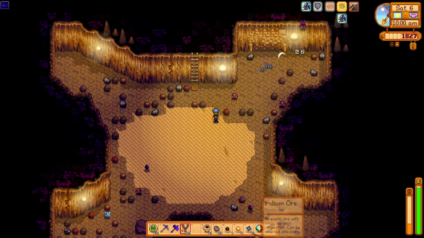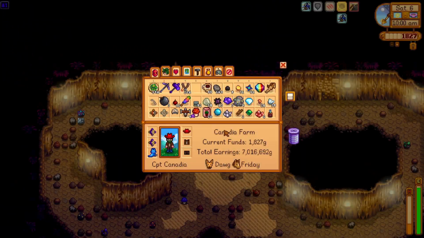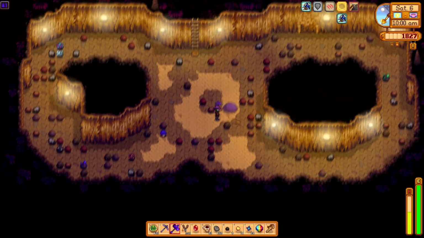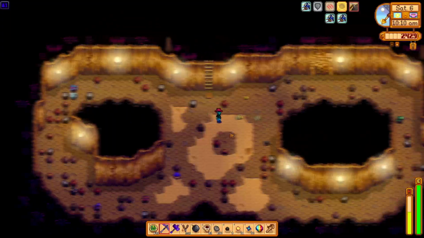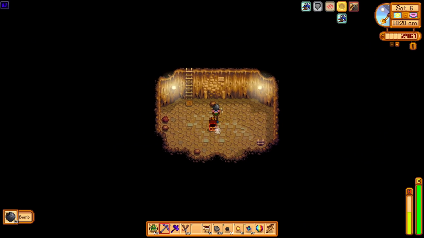And here on this floor is a nice example of some spread out iridium ore that we would want to use the explosive slingshot on, and we do. And same thing right here, and then we get caught up a little bit on this floor trying to slay these slimes to get the ladder to spawn. I do decide it's not worth it and just use a crafted staircase, and then we make it to a